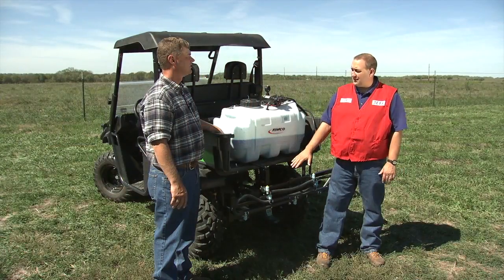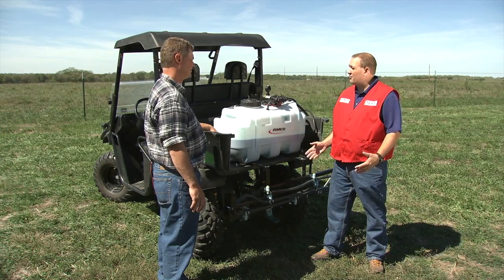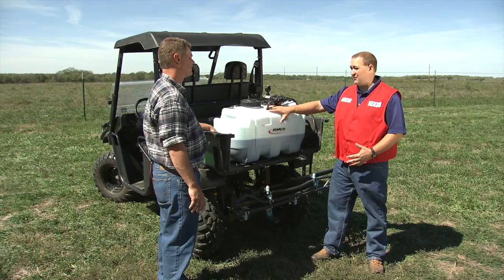Kenny, today we're going to learn about the boom sprayer we'll be using. Folks have many questions on this. Boom sprayers are used for many different things, especially fertilization. It's good for lawns, good for gardens, and even pastures. Using a boom sprayer is much more efficient than using a granular fertilizer, which is going to save you time and money, and when properly calibrated will give you a more even and